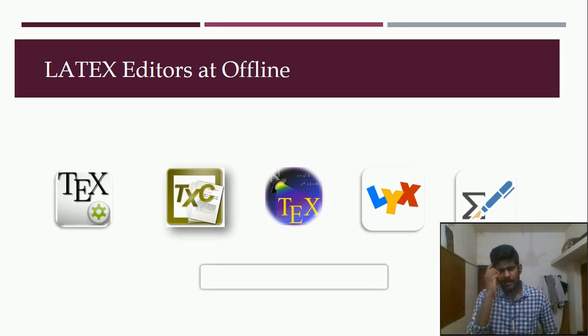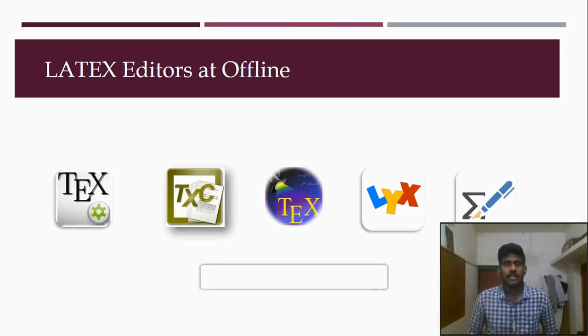At the same time, I don't want to waste time explaining how to install the software. Anyway, I will share the procedure for installing this software. Once the session is over, you will receive a mail on how to install it.